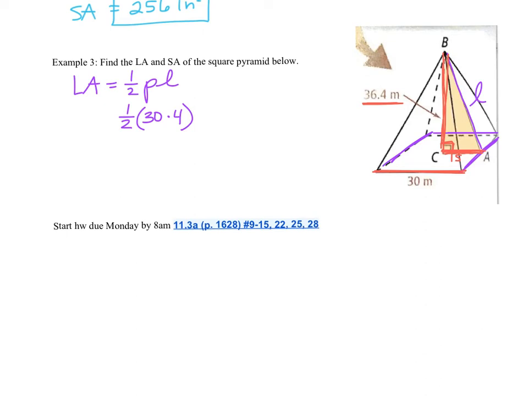So we're going to do the Pythagorean Theorem to find our slant height. We're going to go 15 squared plus 36.4 squared equals the slant height squared. So when you plug that in, 15 squared plus 36.4 squared, and then take the square root, right? We want to square root that. That comes out to 39.37 if we round to the nearest hundredth. Remember, we want to round a little further because then we can round to the nearest tenth in the end. So that is going to be our L, our slant height,